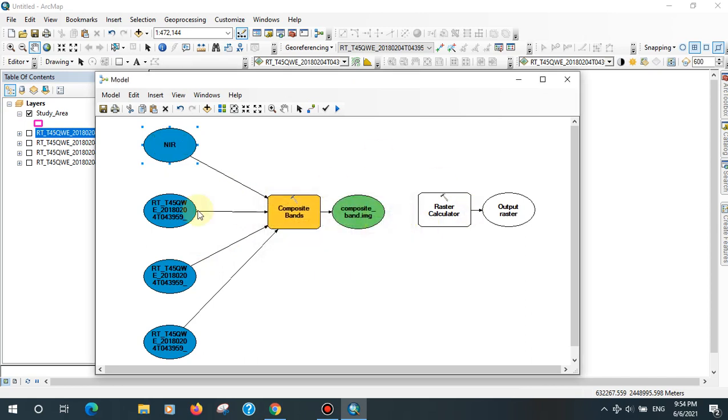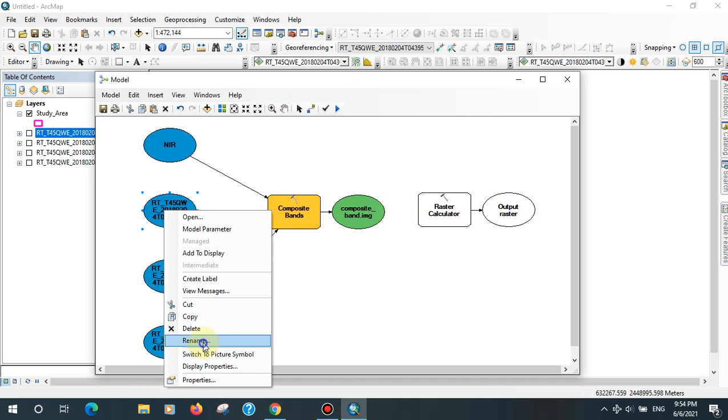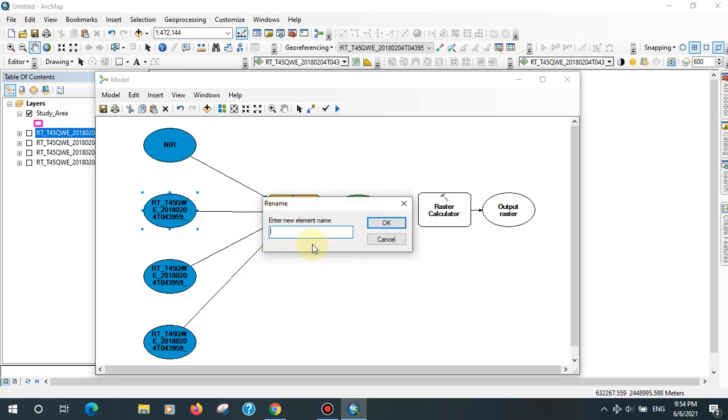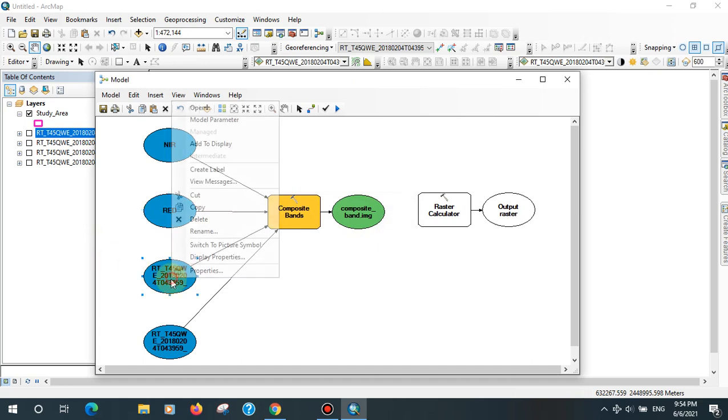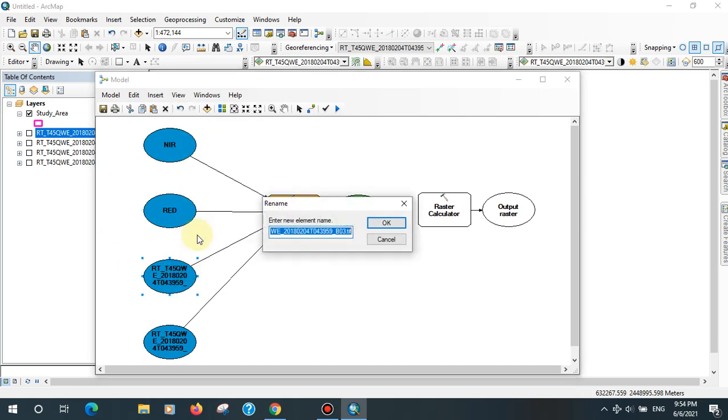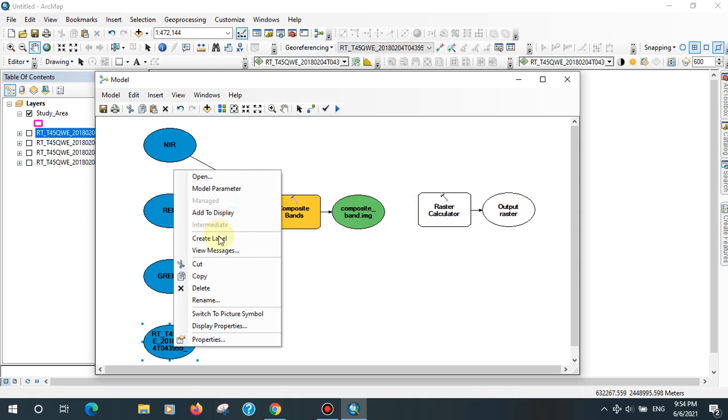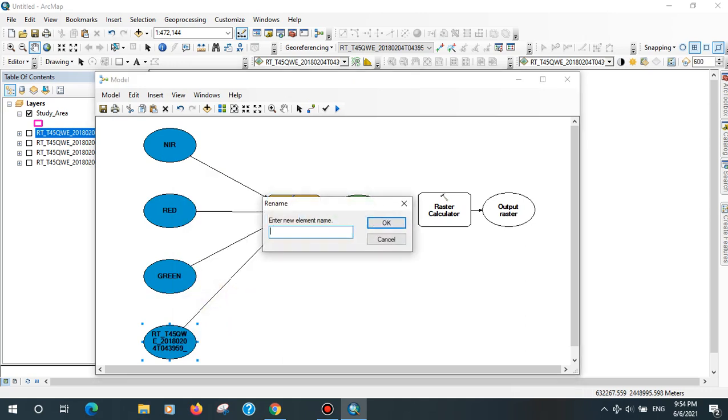Okay, just right click, rename red. When you want to rename, just right click and rename. Then green, and the last one is blue.